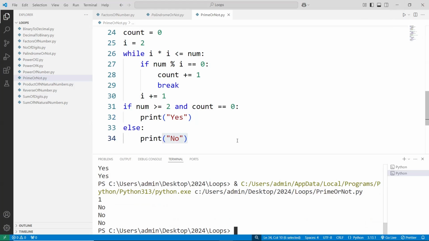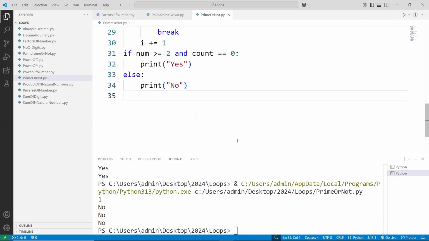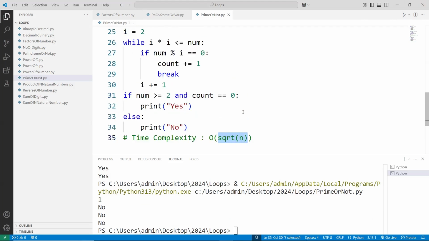So what is the time complexity of this program? The time complexity of this program would be order of square root of n, because we are just going until the square root of our given number. That's the reason square root of n is the most optimized time complexity for a prime number check. So from now on, if you need to write the logic to check whether the given number is prime or not, just simply go for